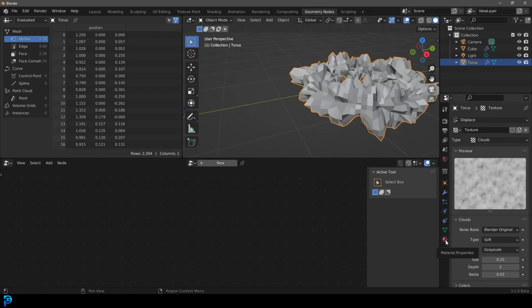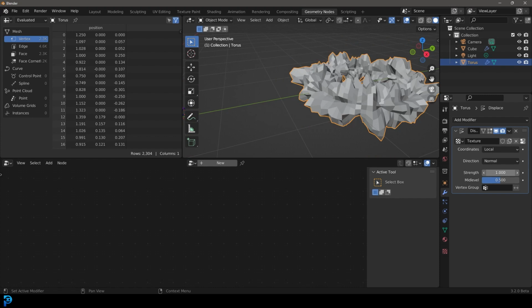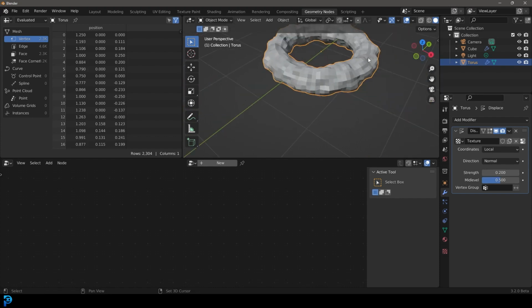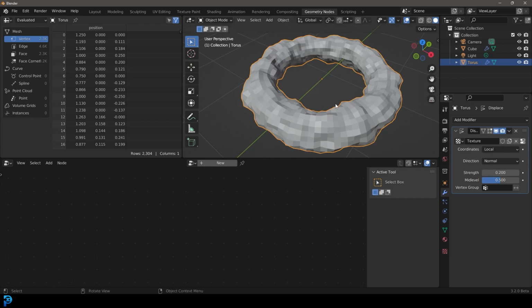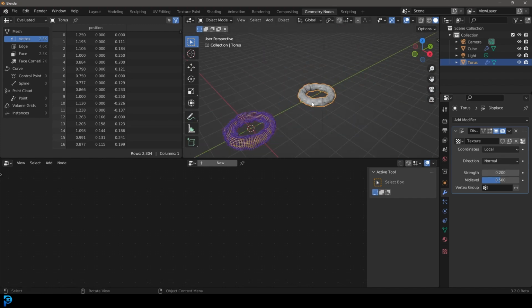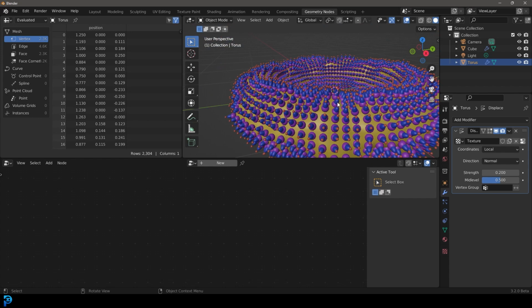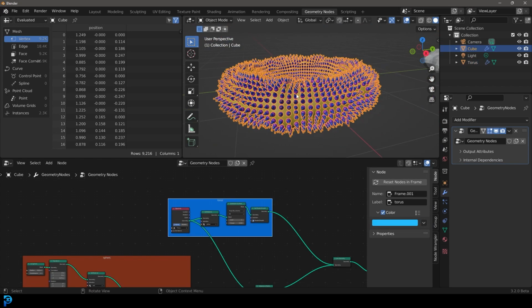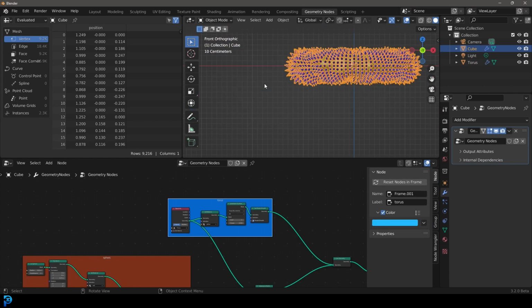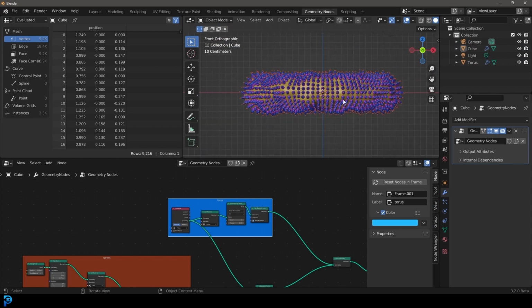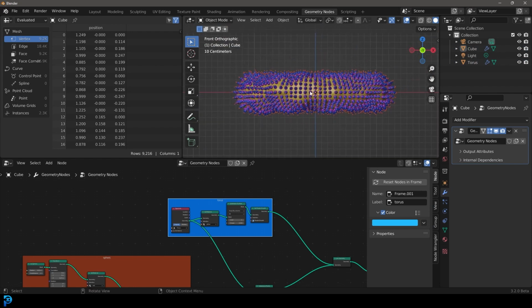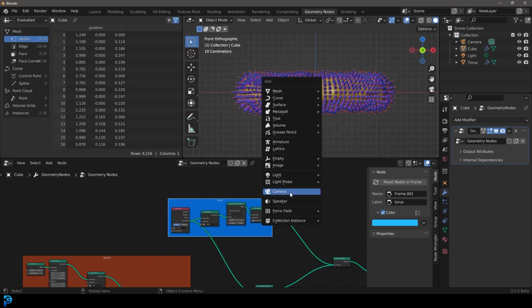So let's just go to our modifiers. Let's just bring that strength to 0.2 as a start. Okay, that looks okay. We're going to be animating that anyway later with some keyframes. But if we now go over here to our geometry node setup, you can see that now that looks a lot more interesting. So let's quickly set up a camera. So we're going to go into our front orthographic view. Over here, we're going to go Shift A, we're going to go to our camera, add it in, and then